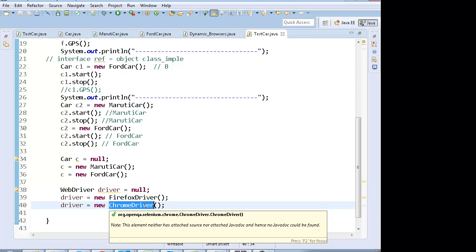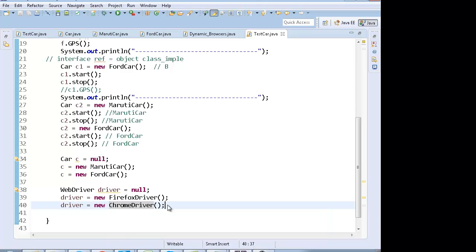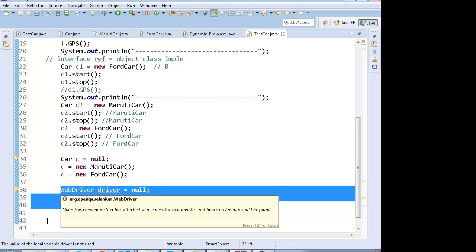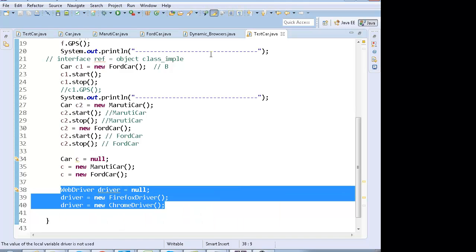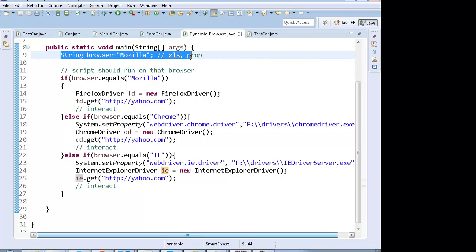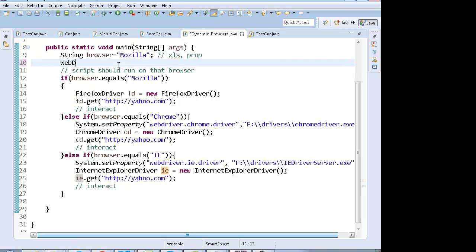Okay. Anybody with any questions? Anyone with any questions? Right. So over here the browser is Mozilla. So what we can do is declare WebDriver driver equals null.